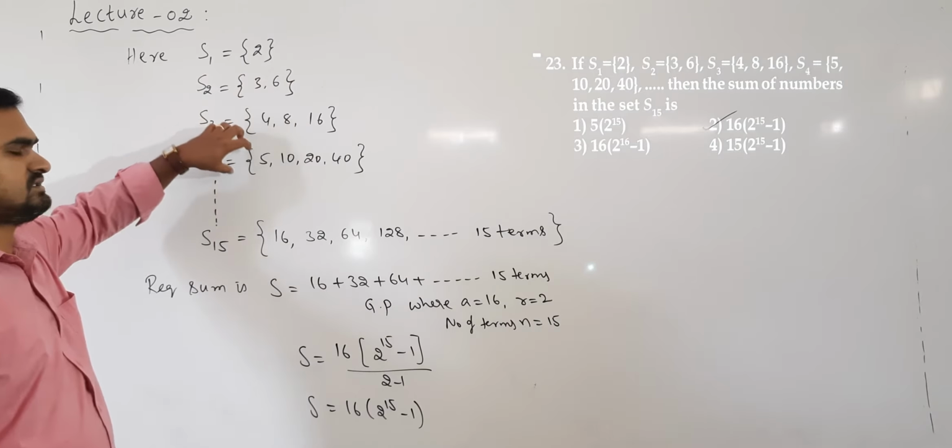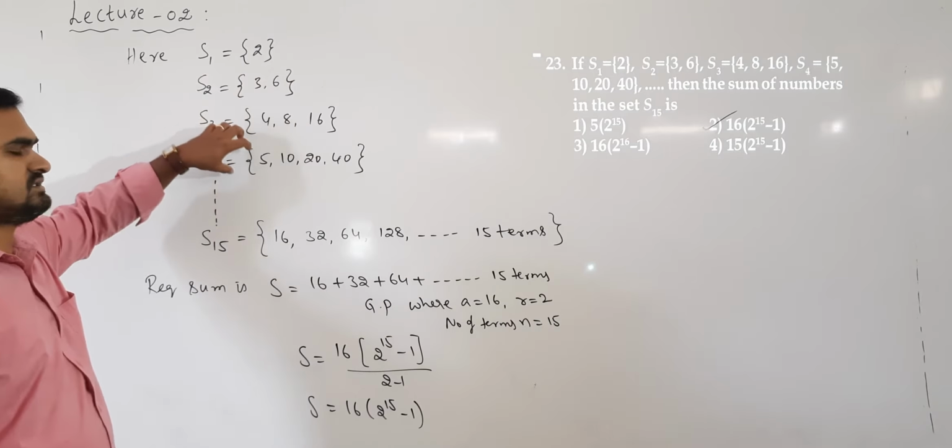In this sequence of sets, the sum of elements in the nth set is what? Again, some sets are given, and we need to find the sum of elements in the nth set. So in the nth set, what will be the sum of these elements? Here, one thing we can do is, options are given in terms of n, so we can verify. First we will verify, then we will see how to solve directly.